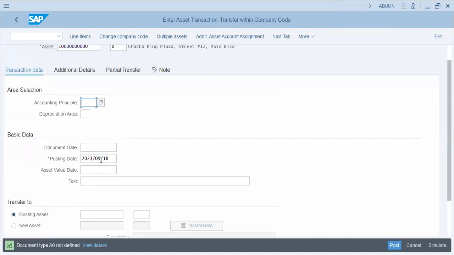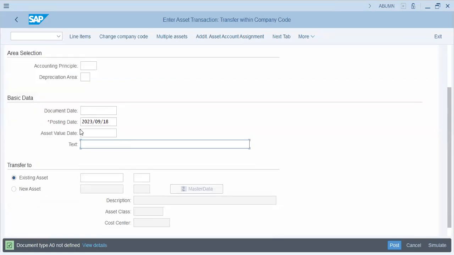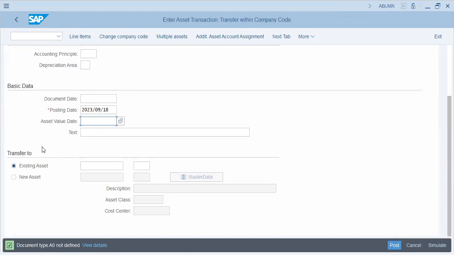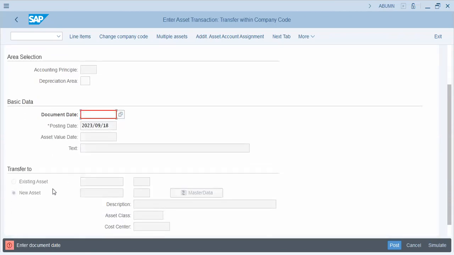Okay, document date, posting date, value date. Value date is when depreciation is implied. Transfer to existing asset. It can be like you acquired an asset, improved it, overhauled it like a machinery, and it became new. You ordered asset parts, assembled it, and you can then transfer it to existing asset. Or you can have an altogether new asset and